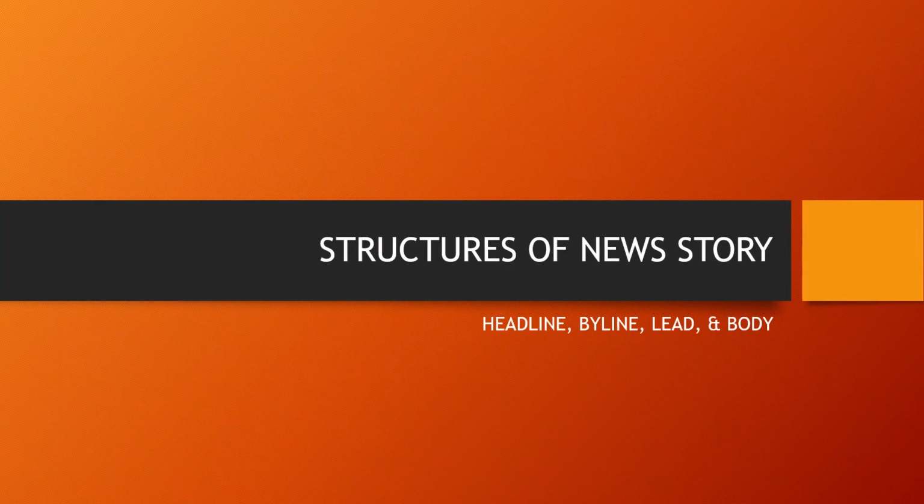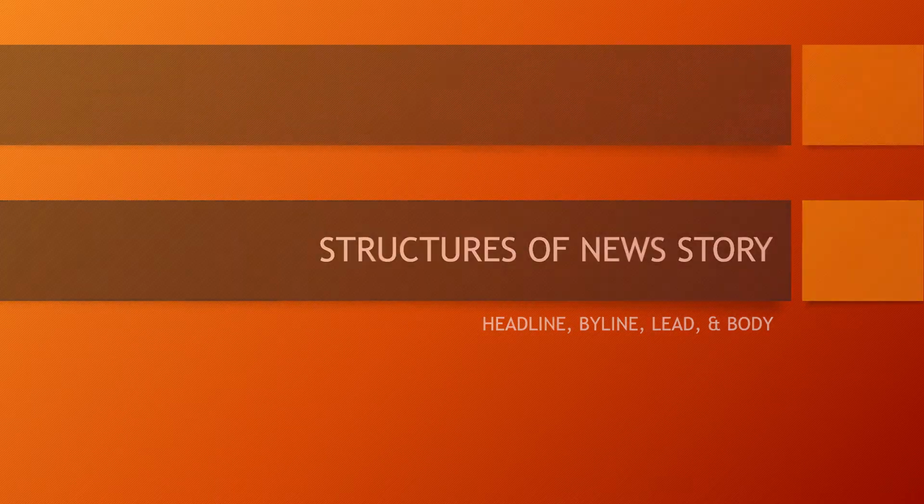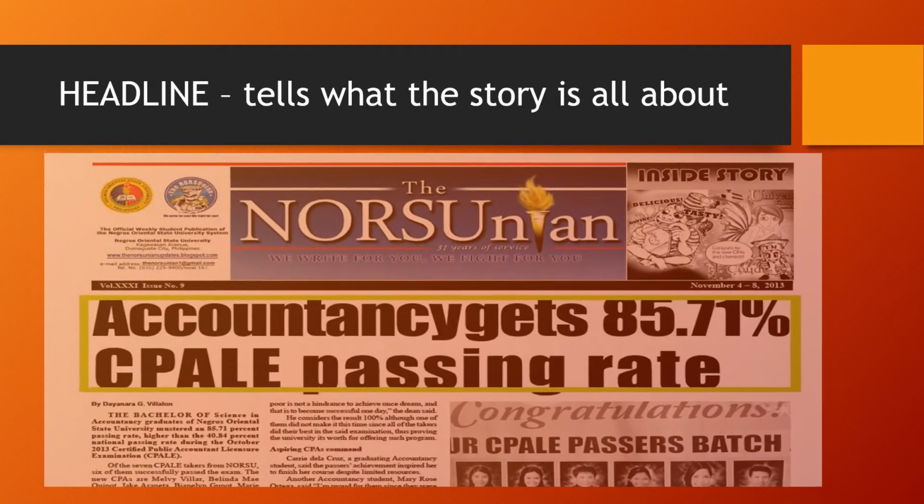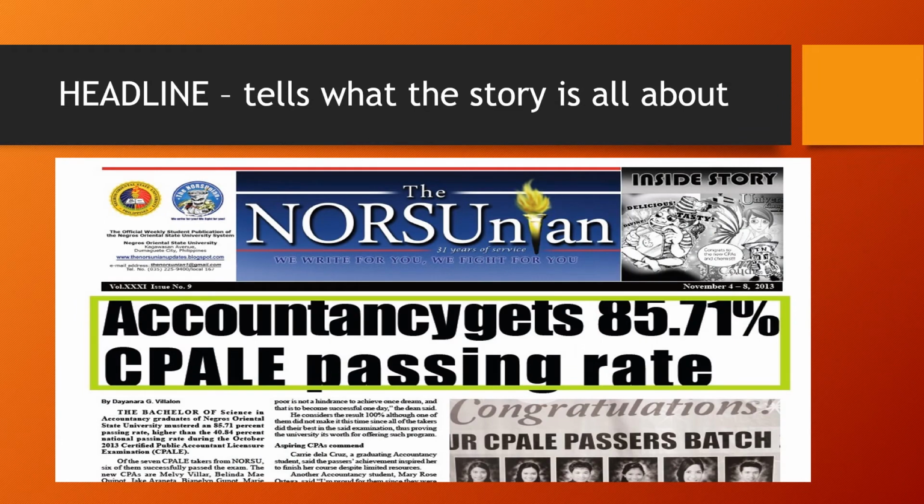In order to write an effective news story, always remember the structures of a news story: the headline, byline, lead, and body. First is the headline. It tells what the story is all about. From this example, what do you think is the headline? That's right, the headline is Accountancy Gets